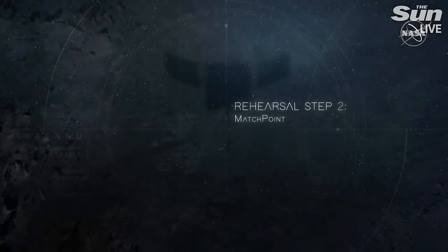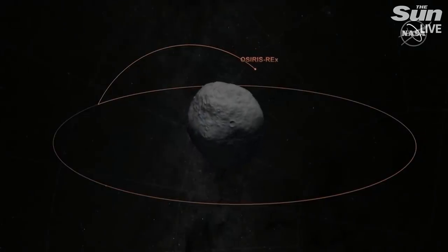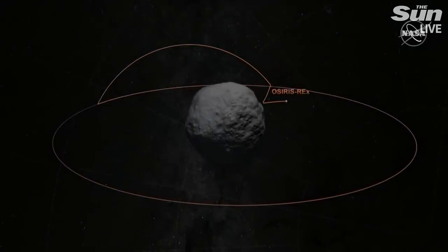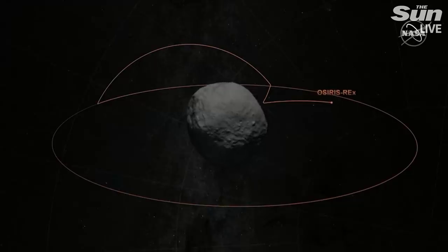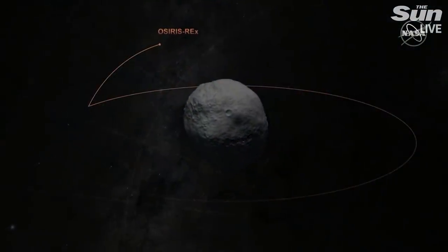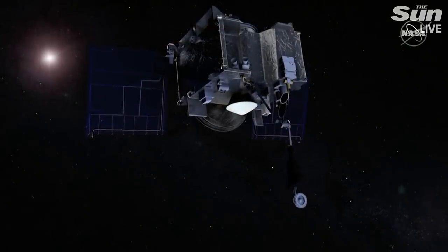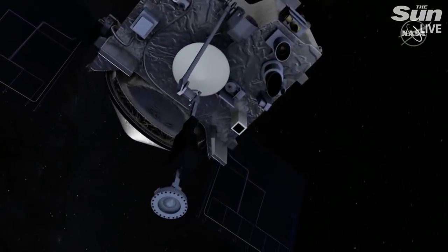Next, OSIRIS-REx will practice flying to the match point. The spacecraft will lower to within 30 meters of the surface to match Bennu's speed and rotation, a necessity for safely touching the asteroid. Finally, in mid-2020, OSIRIS-REx will be ready to collect a sample of Bennu. Before it descends to the surface, the spacecraft will deploy its touch-and-go sample acquisition mechanism, or TAG-SAM, a new technology